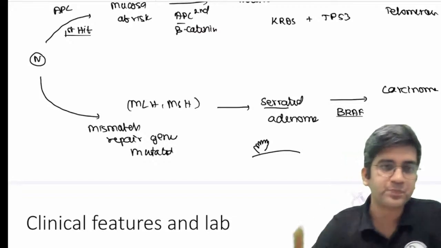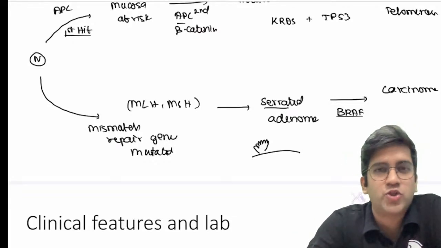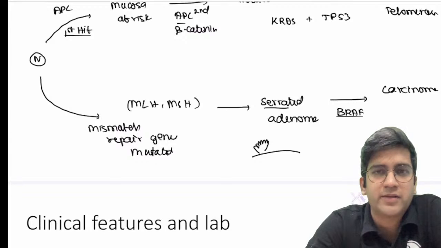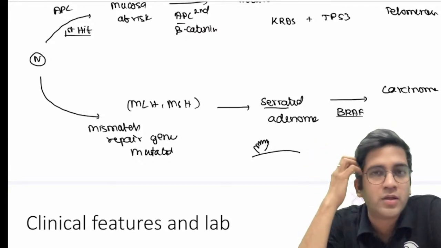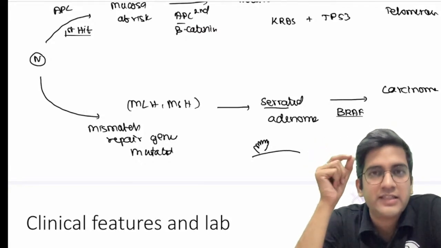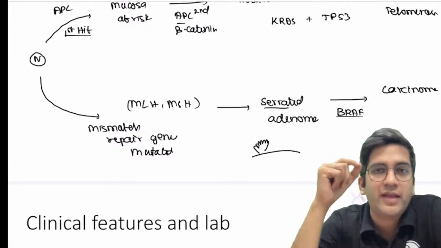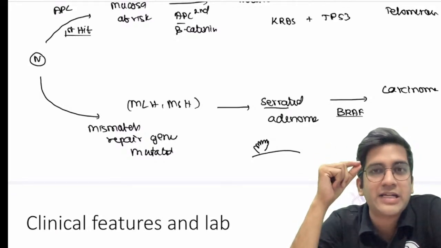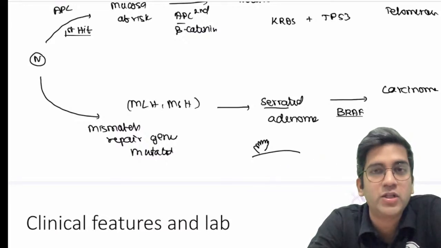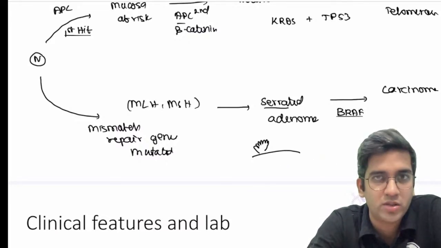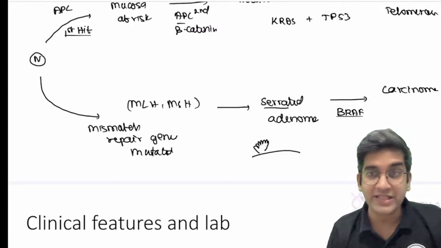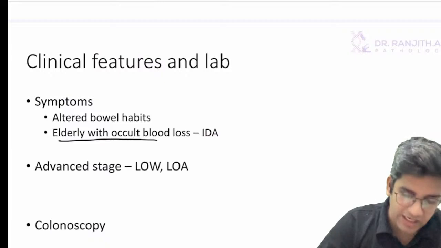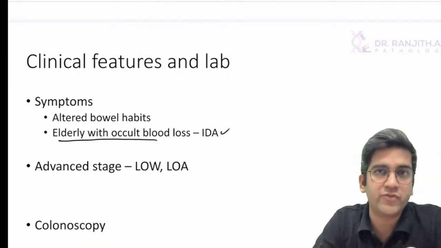Clinical features, anyone? What do you think will be the feature of a colonic tumor? Whatever comes to your mind. I'm having a tumor in the GIT, in the colon, in the intestines. What do you think will be the features? One feature, never forget, this might be the history also. An elderly person coming up with an iron deficiency anemia, one of the first things to remember is occult blood loss in the stool. Colonic cancer will not have frank blood loss in the stool. It's always occult blood loss, right? That's very, very important. Elderly with occult blood loss resulting in IDA, think of colonic cancer.